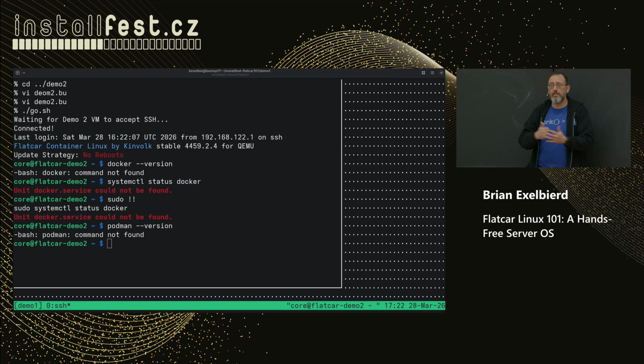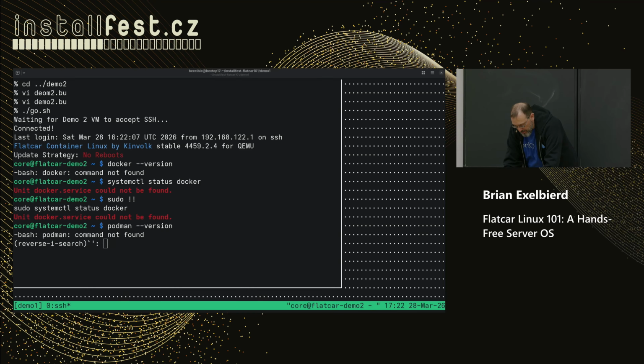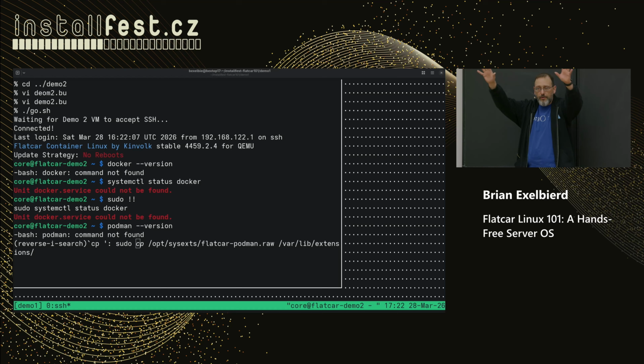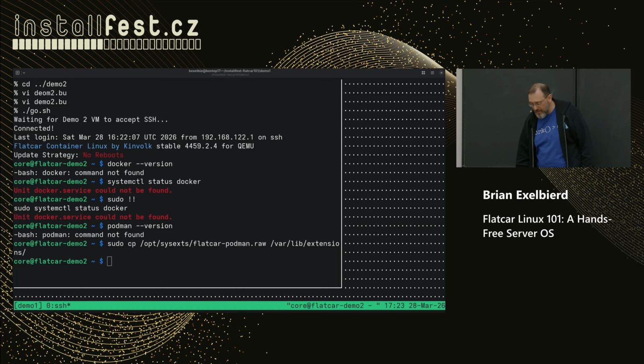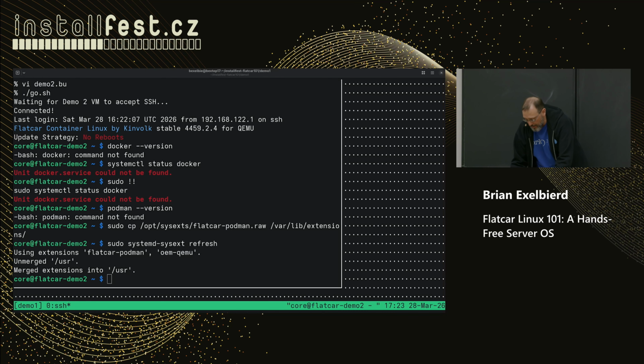So what is a system extension? It is an overlay FS that comes over the file system that is also read-only and immutable, and it delivers more tools. You would download the system extension normally from the repository when you're doing the build and the provisioning step, but you can actually add them live. Because I don't trust conference Wi-Fi, I am simulating the download by copying it into place.